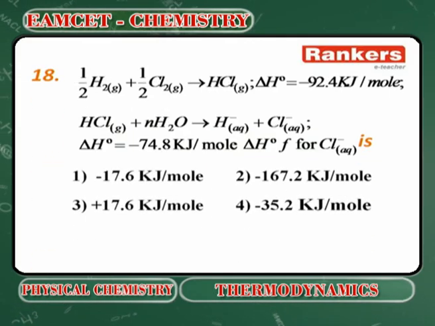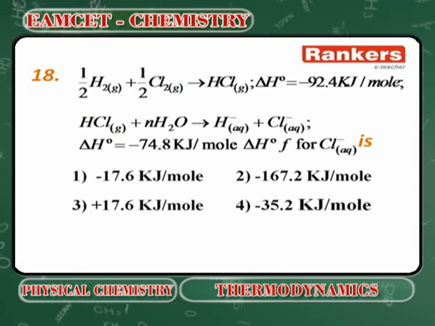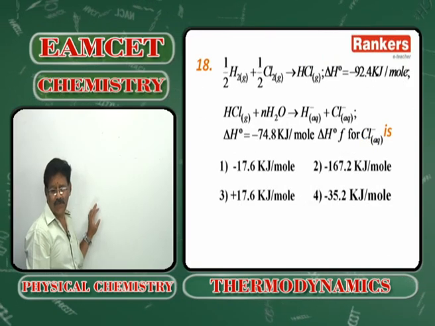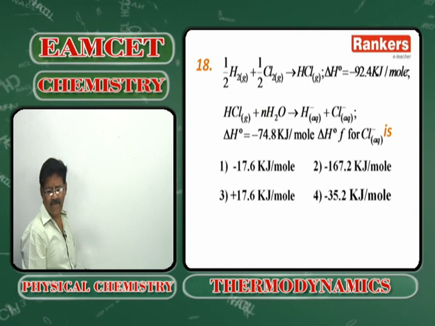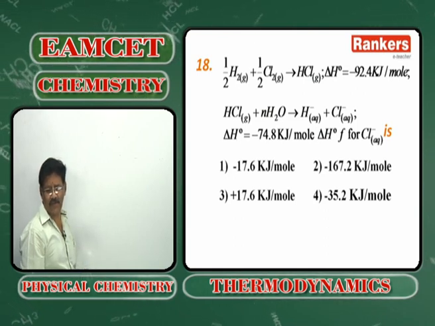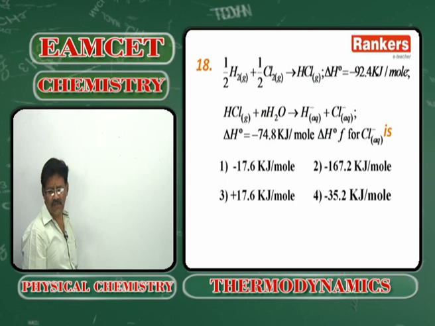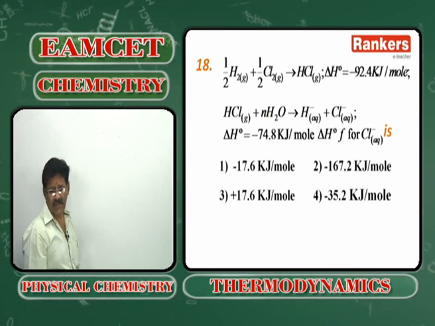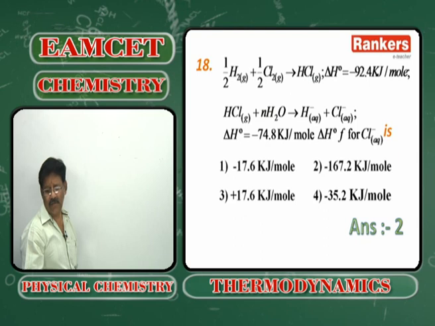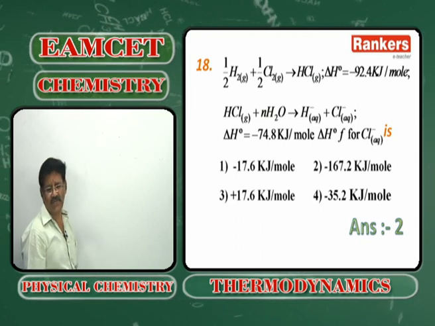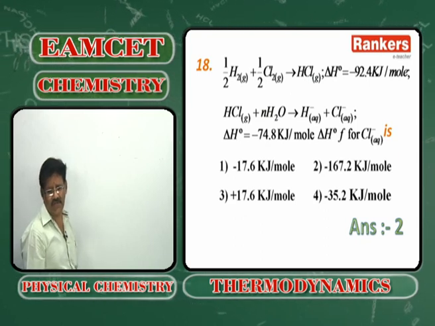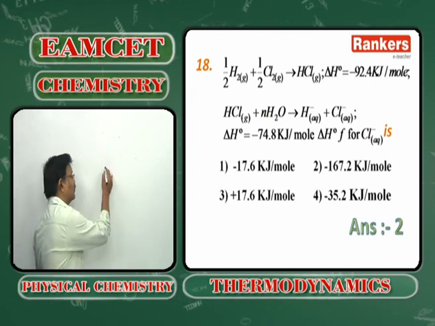Next, this is also the same procedure. When you add the first two equations, you will get the second equation. So minus 92.4 and minus 74.8 will give rise to minus 167.2. What is the required equation for the heat of ionization of